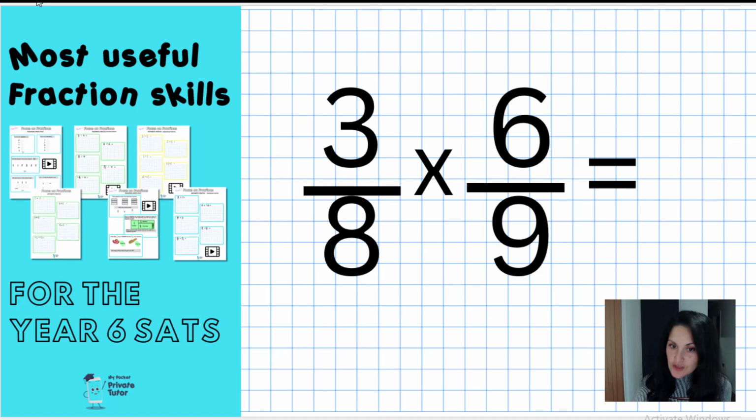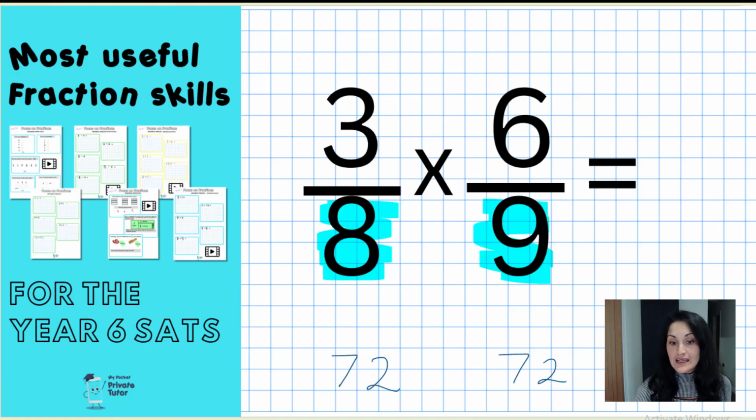With multiplication questions, I often see these either being completely left if a pupil just really doesn't know what to do, or if they are actually quite good at adding and subtracting fractions, what often happens is they apply the same reasoning to multiplying. So they'll look at the fact that the denominators are different and actually try and make them the same, which is the correct method for adding. So we might find that they do something like this, that they change each fraction to find the equivalent fraction. So 3/8 would be